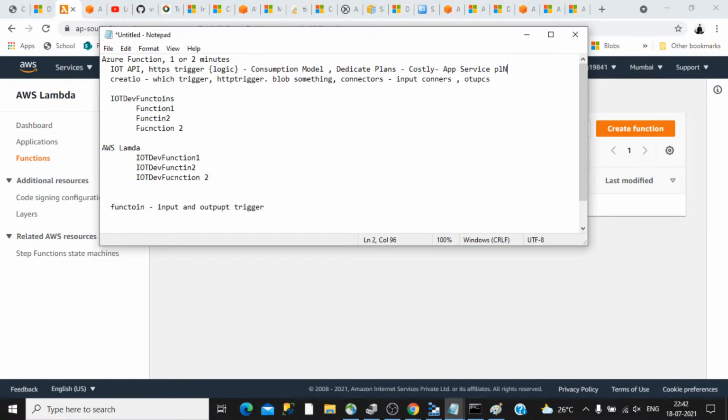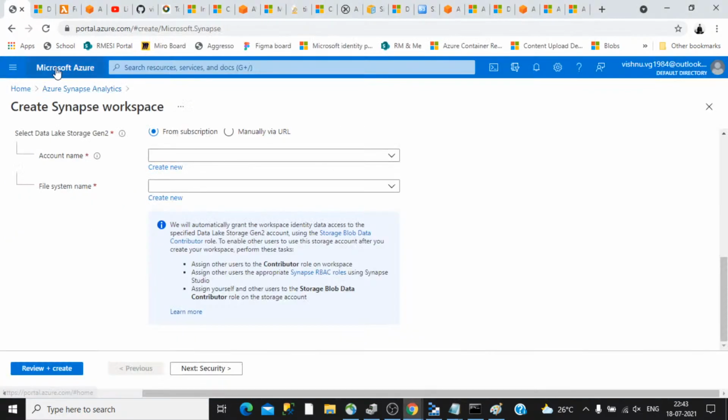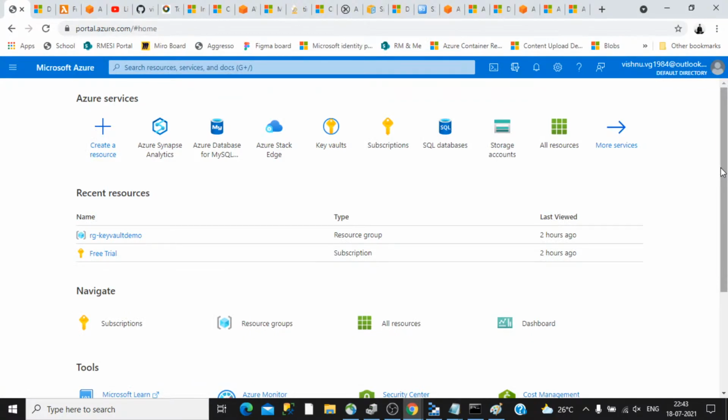Then the final part which we are going to discuss is about the monitoring. So we developed the application, we deployed that, and we are going to use that. We purposefully did not consider two important topics here, like the network, and I was not able to show some of the features related to Azure because of that subscription issue. As I am going through a live session, I was not able to rectify all those things, but I hope you got an idea about the comparison of these two things.